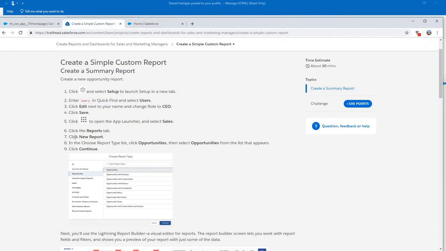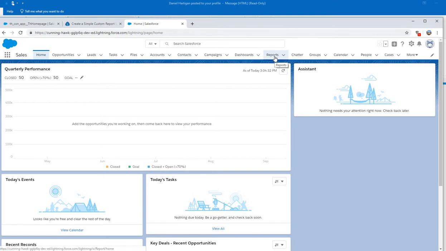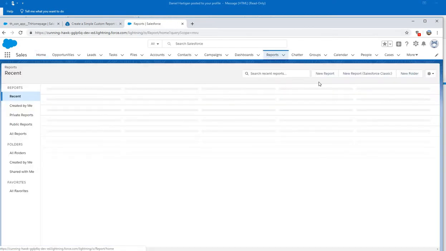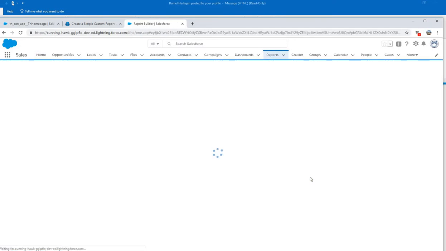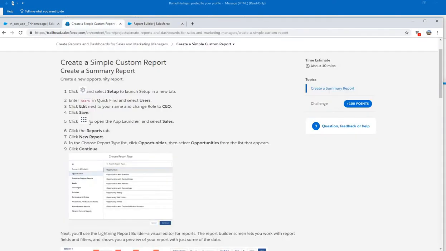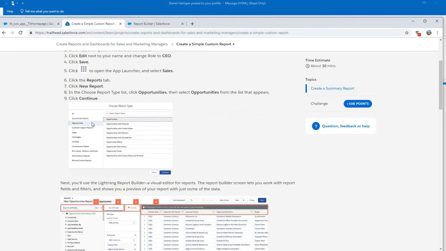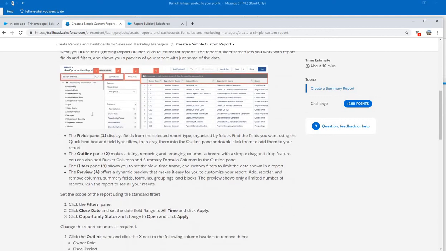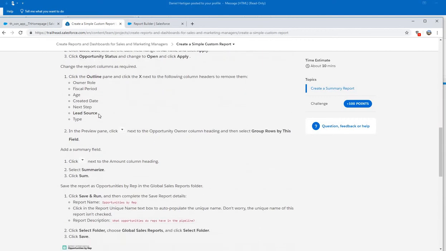So then click on the reports tab, click new report. Reports tab, new report. And here you would just follow these instructions. And then once you complete them all,